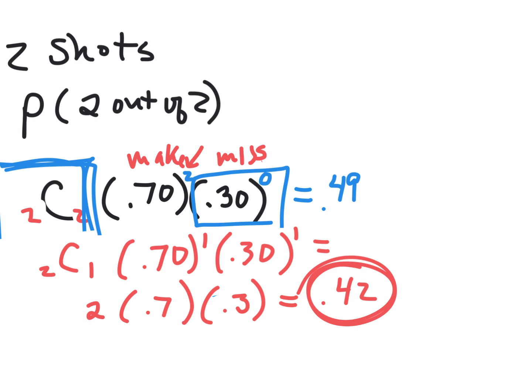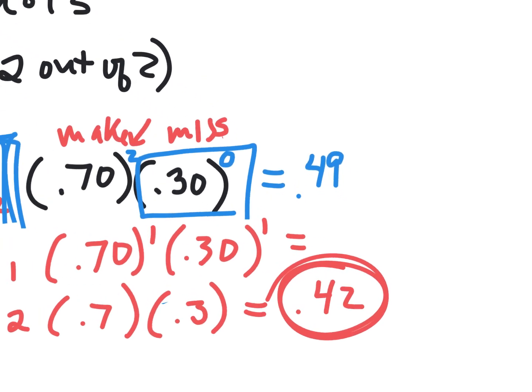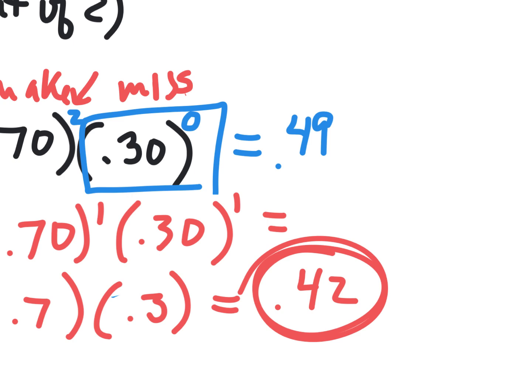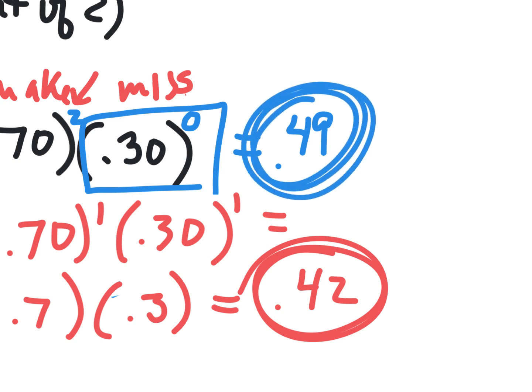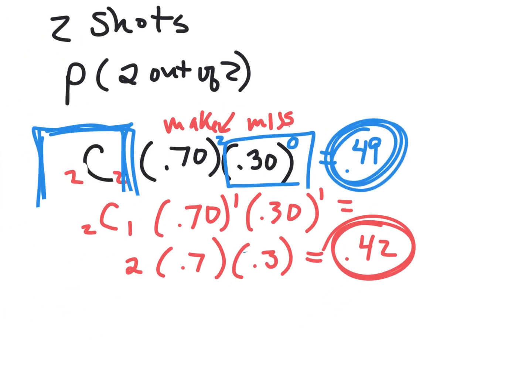Okay. If there's a 42% chance, raise your hand if you got 42, and there's a 49% chance that you're going to make 2 out of 2, what's the only other thing that's left? You're either going to make 2 out of 2 or you're going to make 1 out of 2, so then what's the other thing? 0 out of 2. But we can do that with just using logic. I don't have to go do the whole thing. I can look at this, and that adds up to